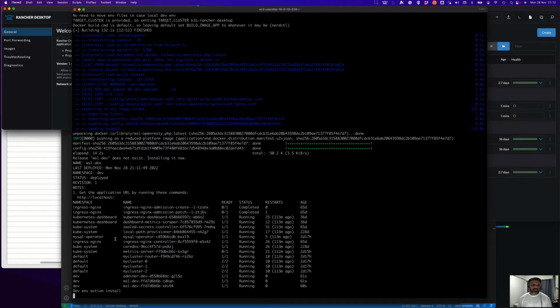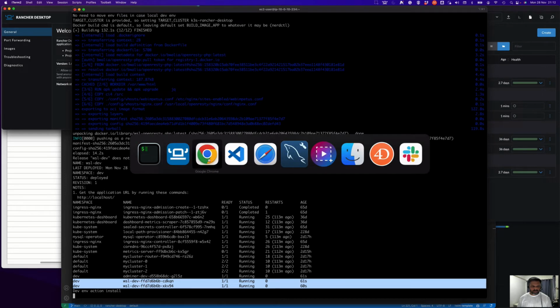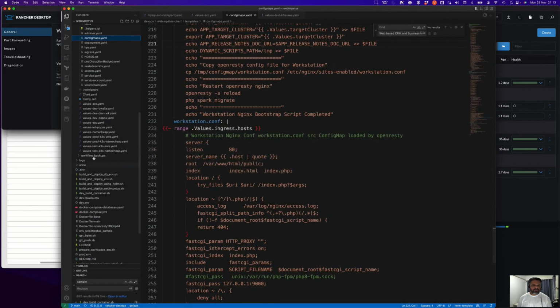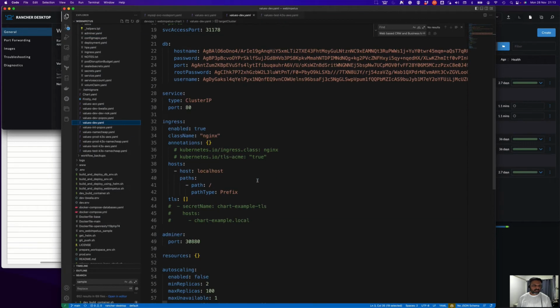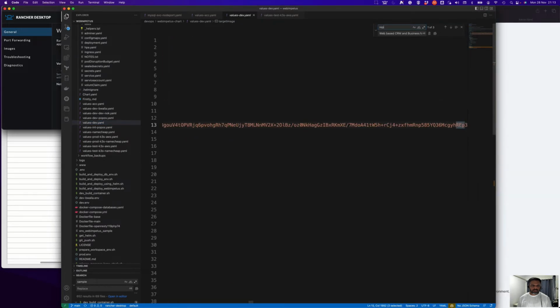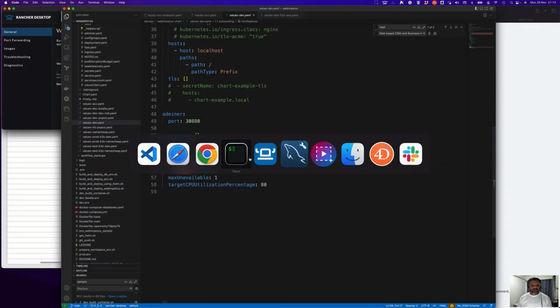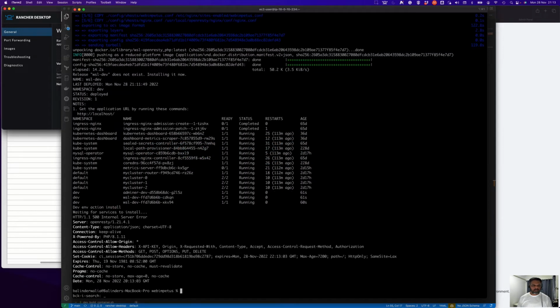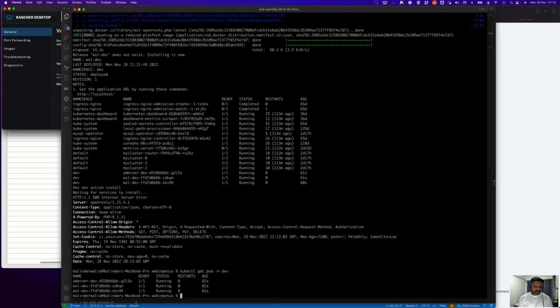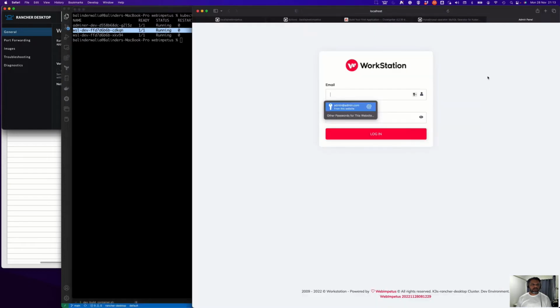So okay, now it seems like we have 2 pods running. So I've got 2 replicas minimum. So if we check our dev values file, there should be replicas here somewhere. There you go, minimum replicas 2. So I've got the 2 pods running here. So if you do get pods again, let's clear the terminal to have a good look. Yeah, you see 85 seconds ago, 2 pods started, and it automatically spun up the